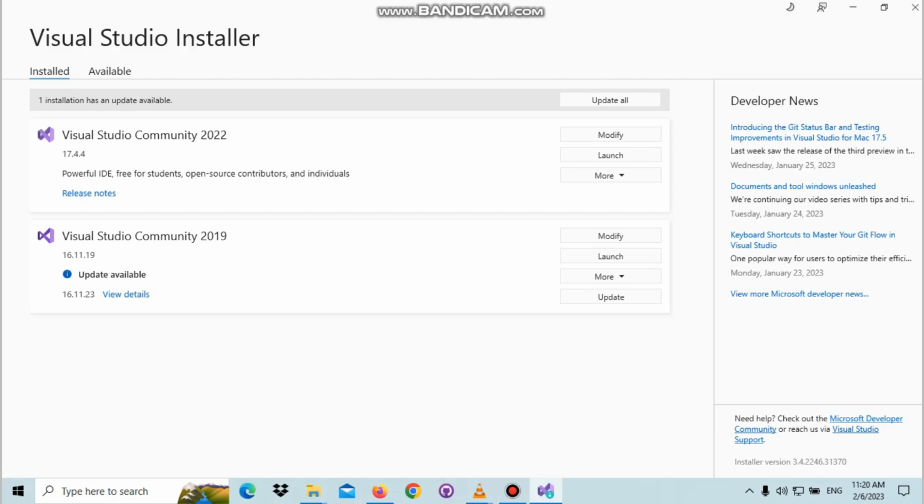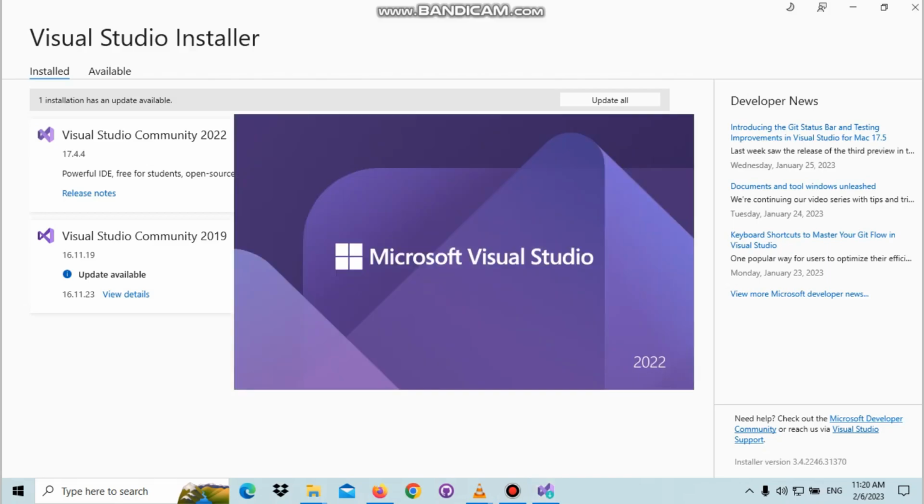Okay, our IDE has finished installing. So what you can do is launch it. Awesome. As you can see, we installed the new 2022 version of the IDE. This is how it looks, the new design, because the 2019 version looked a little bit black, but this looks purple